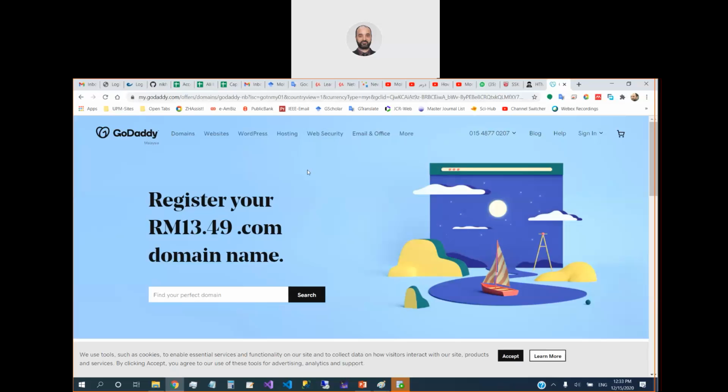But in order to build your website, you need to have a good address, right, for the website. In that case, you also have to go and find the domain. You have to buy the domain. Okay? So, for example, we want to make a company, for example, like,